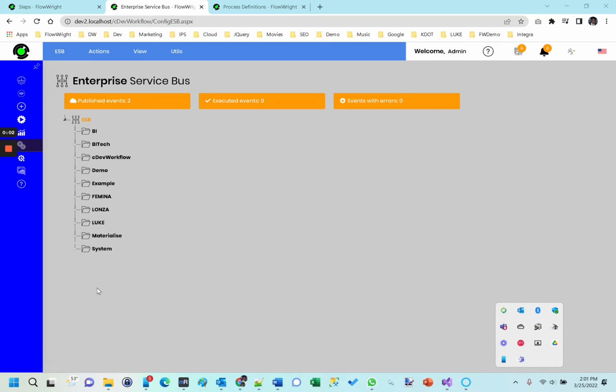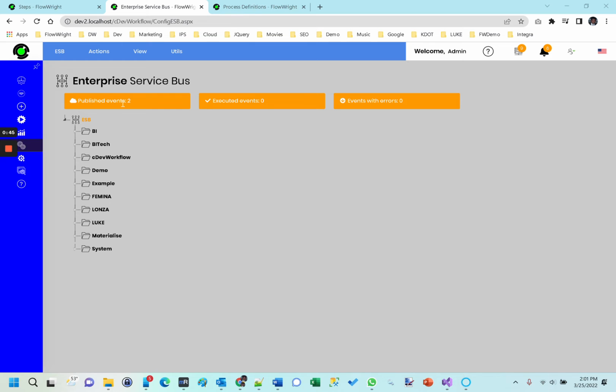Our enterprise service bus, or the ESB, is a key part of Flowrite for event-based processing. And the cool thing with Flowrite is there are various parts of Flowrite where you can extend by building your own custom things like custom steps, data types. So even in the ESB, you can extend the ESB by building your own event handlers. You can define your own event, and you can also say, when this event happens, I want to have an event handler that's going to perform something, and that event handler can be completely coded, built